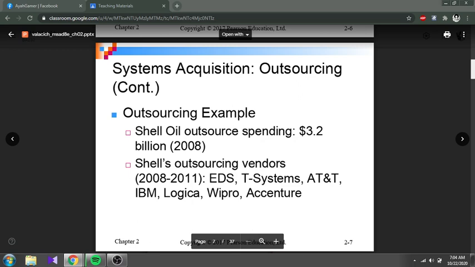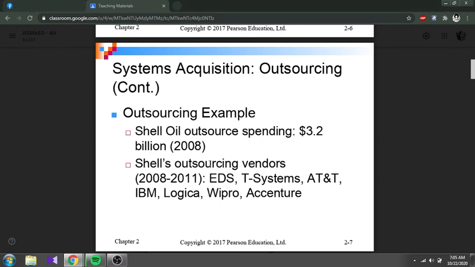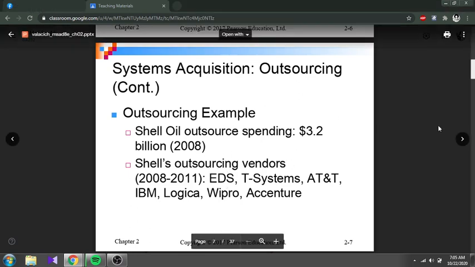And Shell's outsourcing vendors from 2008 until 2011 are EDS, T-Systems, AT&T, IBM, Logica. Okay, mostly these are IT companies lah. I think these are the companies that cover their automation system at the site in the company. Alright.